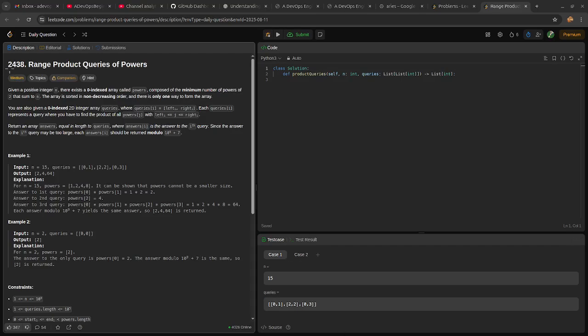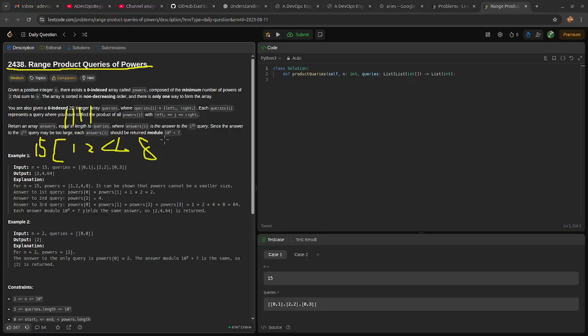Leetcode medium problem 2438. Range product queries of powers. First, we need an array of powers of 2. Say, for example, this 15. We can convert it to 1111, which is